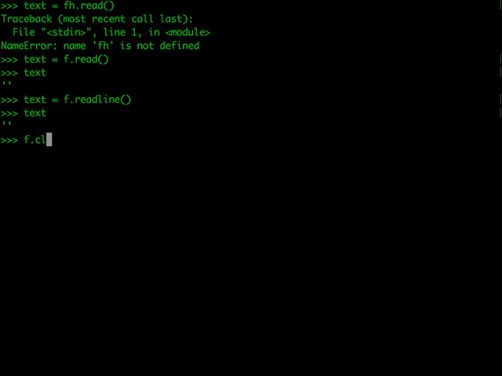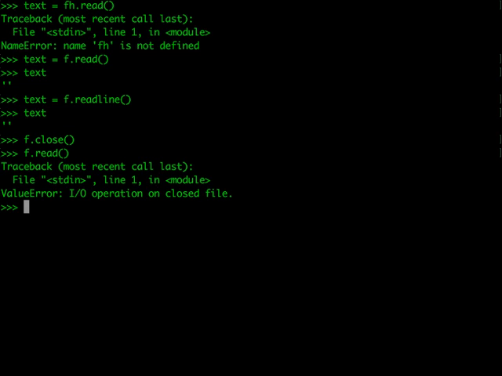So what we say is f.close. This closes the file. Now if we try to do f.read, then we will get an error saying that this has not been defined. Okay, so we don't have f with us anymore. So we again have to say f is open